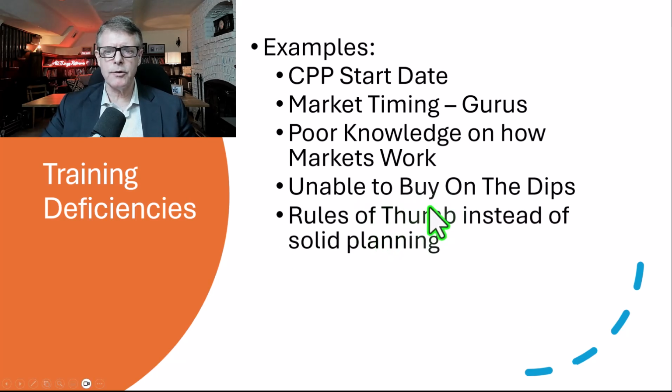Now, the next area is rules of thumb instead of solid planning. There are a lot of great YouTube videos on finance that talk about rules of thumb. That's a good starting point, to get you thinking about the area. But you never want to engage in rules of thumb planning when you're looking at your personal circumstances. You need to plan based on your unique objectives, your unique financial profile. You do not want to use rules of thumb. A pilot is not going to use rules of thumb. They're going to have a specific flight path. They're going to be very intentional, and you need to do that as well with your own planning.